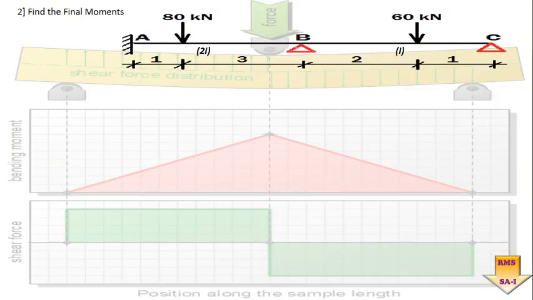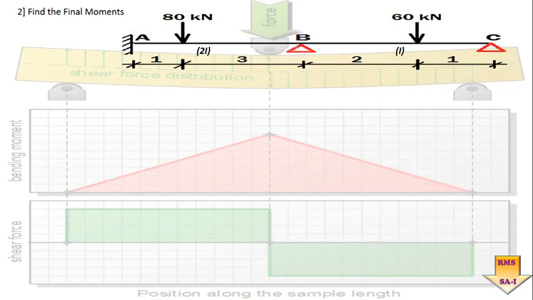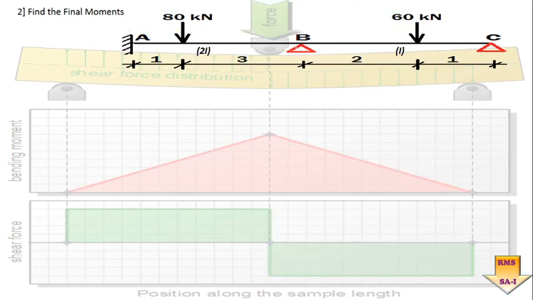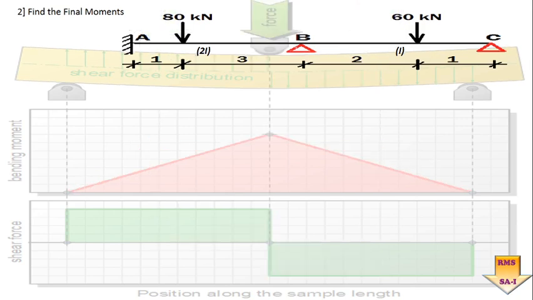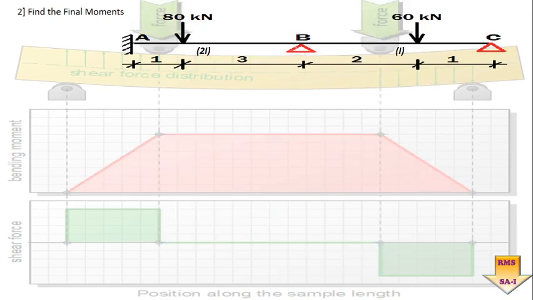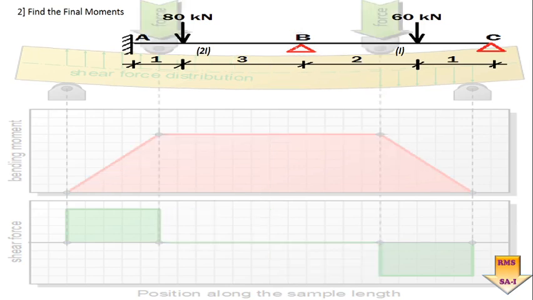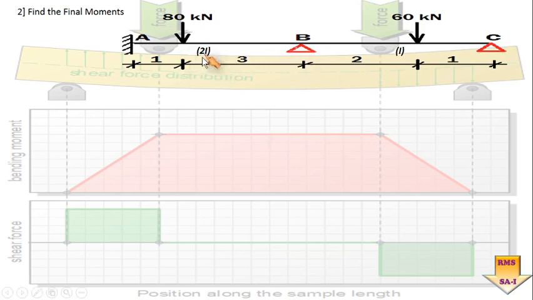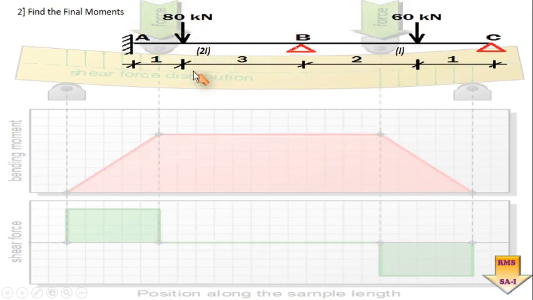analyzing the beams. Let us see the first continuous beam, in which you can see we have a continuous beam ABC with the imposed loads of 80 kilonewton and 60 kilonewton. And one more thing, their value of moment of inertia is not the same. So in this particular case, whenever we have to analyze, we have to be very cautious about substituting the value of moment of inertia into the various formulations which we are going to come across in the analysis of